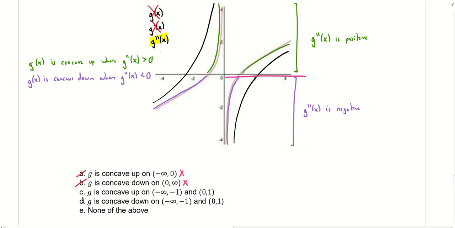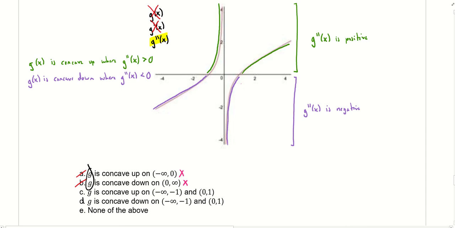So even though the graph of the second derivative has these concavities, the concavity of the second derivative doesn't have anything to do with the concavity of the original function. It's just the sign of the second derivative, whether it's positive or negative, that has anything to do with concavity for the original function. So that's why I'm stating that these are both incorrect, because these are statements about g,